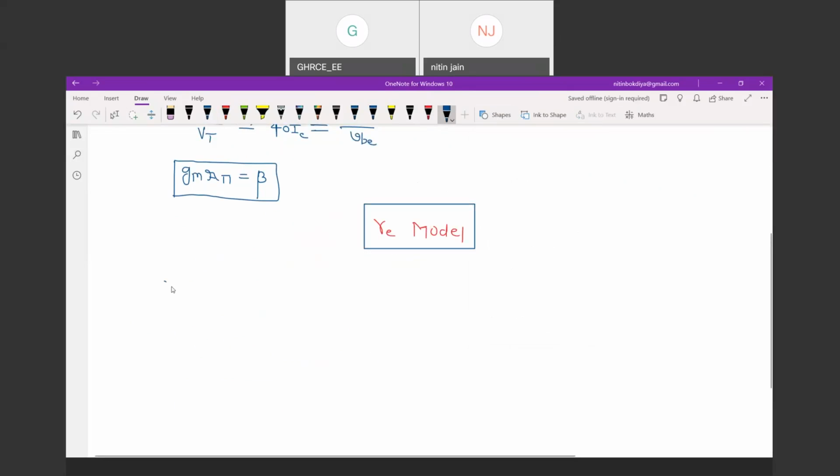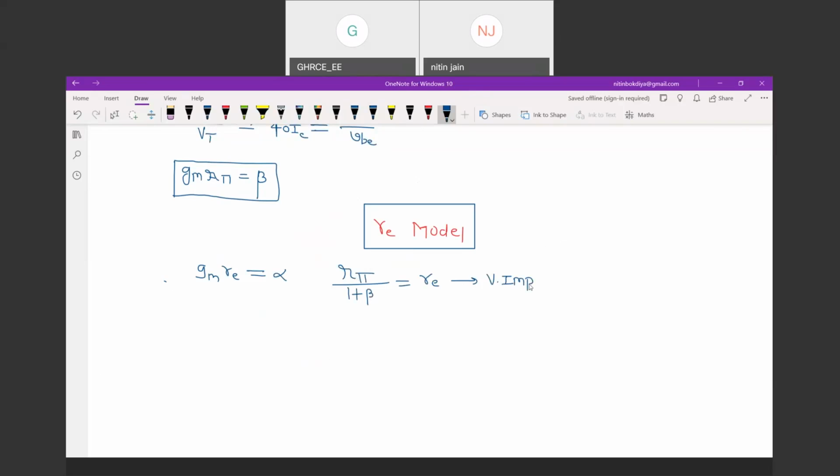In the RE model, we know that the first relationship is GM into RE equal to alpha. And what did we study? R pi is the resistance that we connect at the base. So if we connect it at the emitter, that effect will be R pi divided by 1 plus beta, which is equivalent to RE. This is a very important relationship,